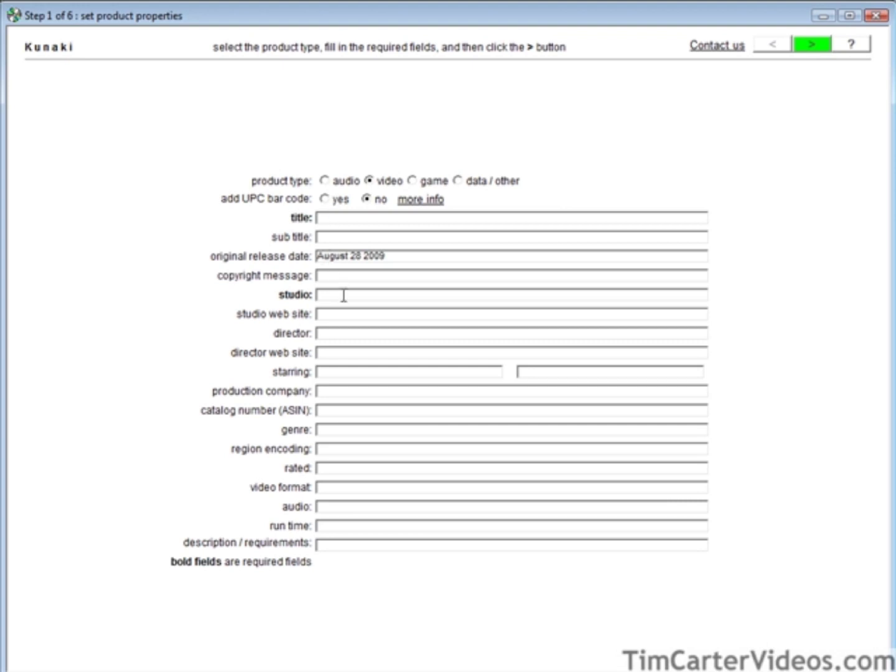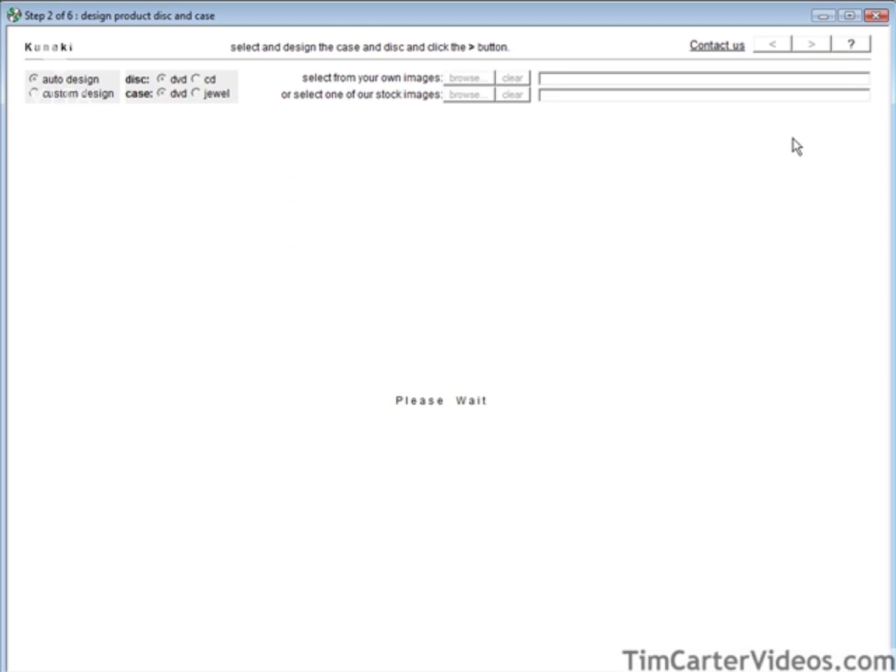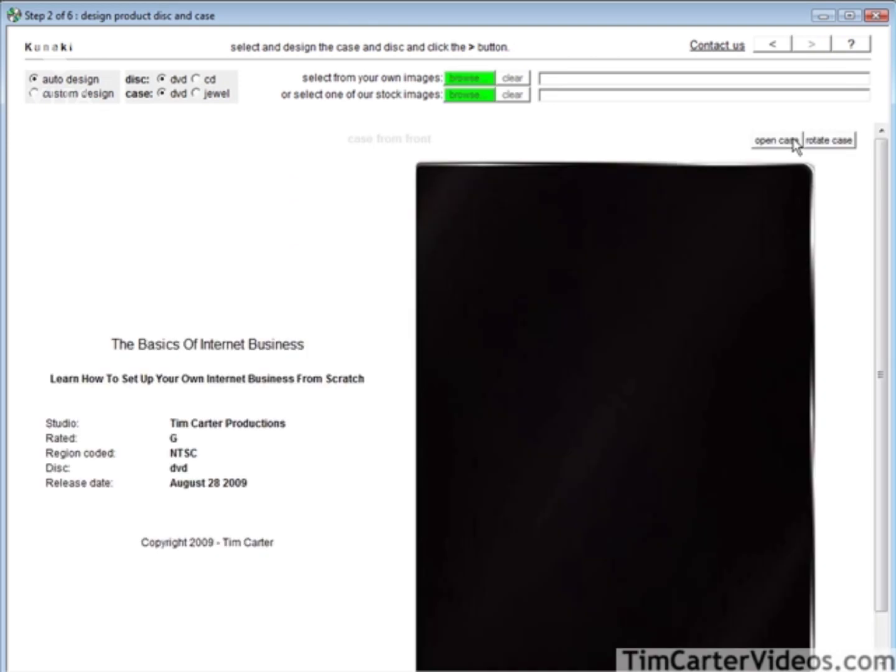Then you can go ahead and fill out all of this other information, or any of the information you want to put in here. The information that is absolutely required is in dark here, so the title, studio, and that's really all that is required from there. So go ahead and fill that part out. Okay, now we just click the green button here. This is where we're going to design our